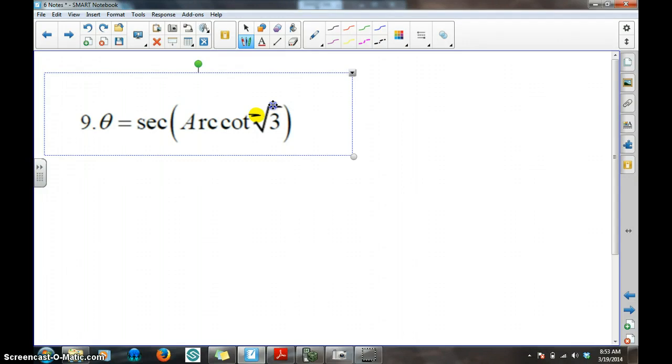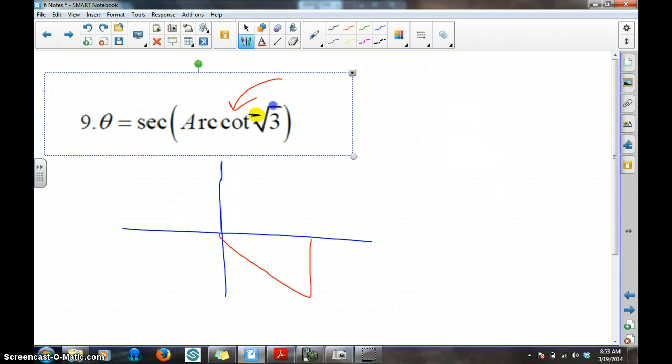But first I would have said to you, just draw a picture, because I do think pictures are a fair amount easier when you have to do a composition. I'm going to be drawing my picture into the 4th quadrant where tangent inverse functions are negative, and I'm going to label the cotangent with a negative rad 3 over 1. Now since tangent is opposite over adjacent, cotangent is adjacent over opposite. And here's my adjacent and here's my opposite, and one of those 2 numbers is a negative,